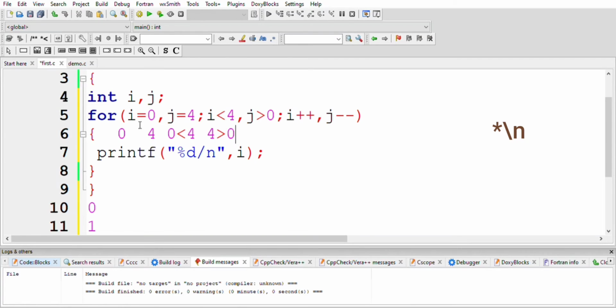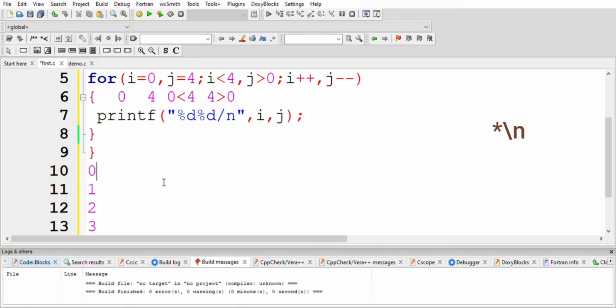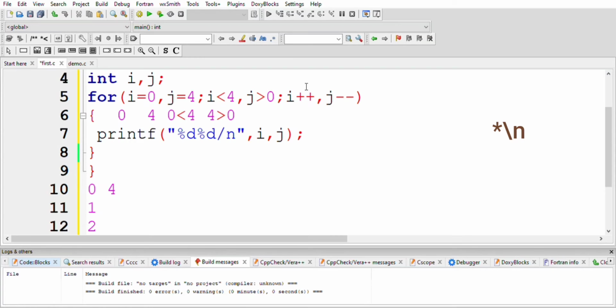Both conditions are satisfied, so it comes inside the printf. I am going to print both the values of i and j, so I use two percent d, then slash n. The value of i, 0, will print, and the value of j, 4, will print. Now it executes the third expressions, i plus plus and j minus minus.